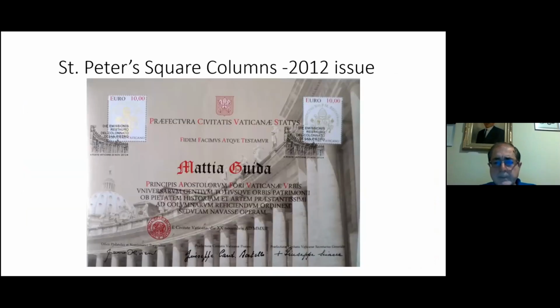Now, I finished the presentation about Michelangelo's work on the Sistine Chapel, but I wanted to add a particular stamp, or rather a block, that I have in my collection, because it is something that I'm very attached to, and has got a little bit of history about it. So the columns around St. Peter were not designed by Michelangelo, they were designed by Bernini, and